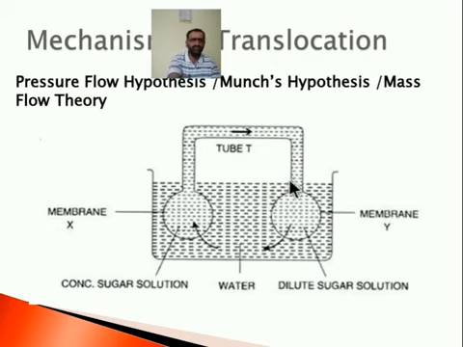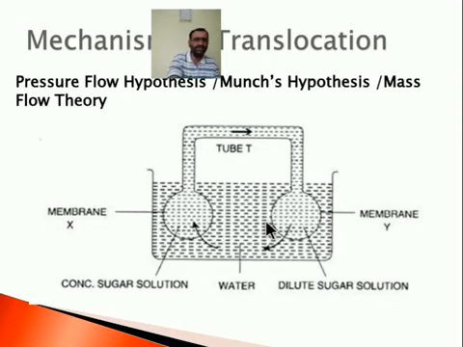In this way, due to the greater amount of sugar solution, the osmotic pressure of the X membrane increases, so more water is absorbed in this chamber, and the turgor pressure of this chamber increases. Due to the increase in turgor pressure, the organic sugar solution present in this part is transferred through the sieve tube to the other chamber, until an equilibrium condition is reached.